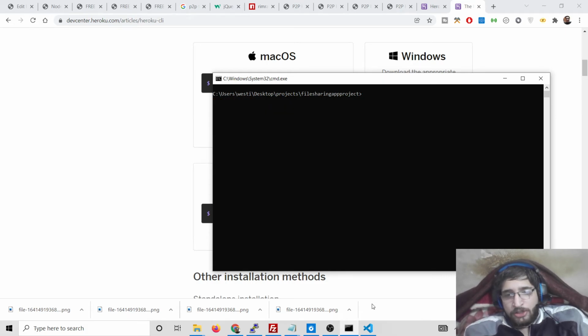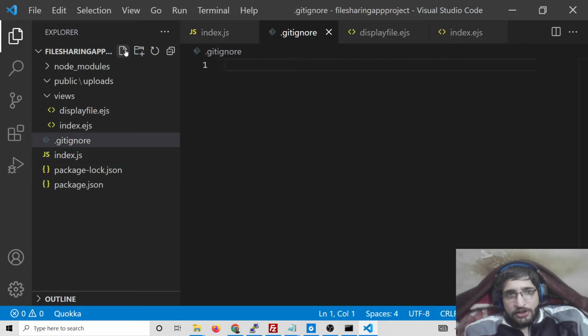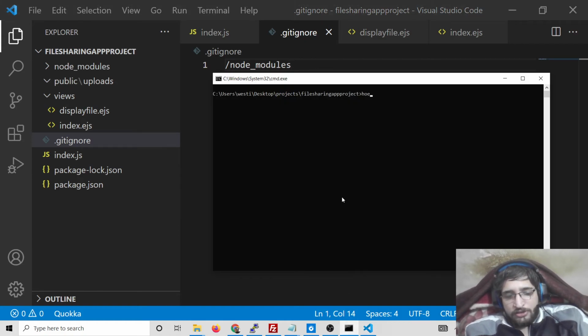first of all, before deploying it, we can create a .gitignore file here. And here we don't need to deploy our node modules folder. So we can say here /node_modules. We don't need to deploy this also to Heroku. And now we can say